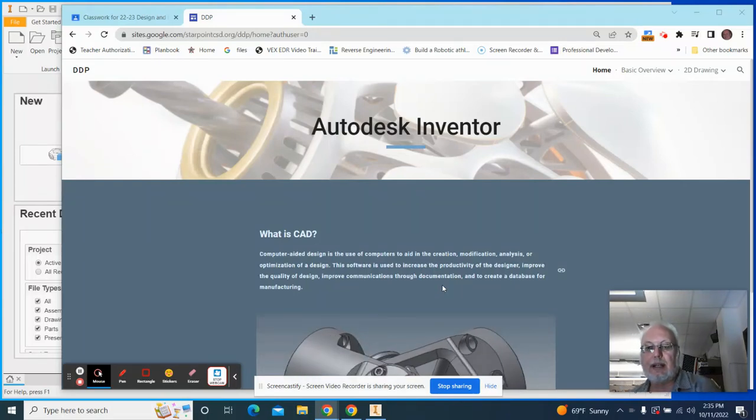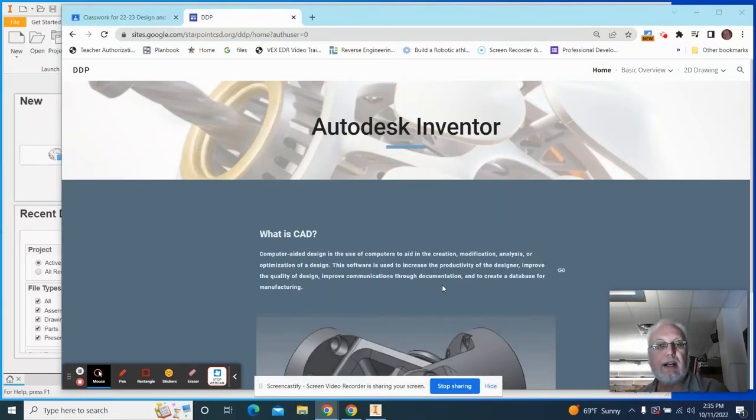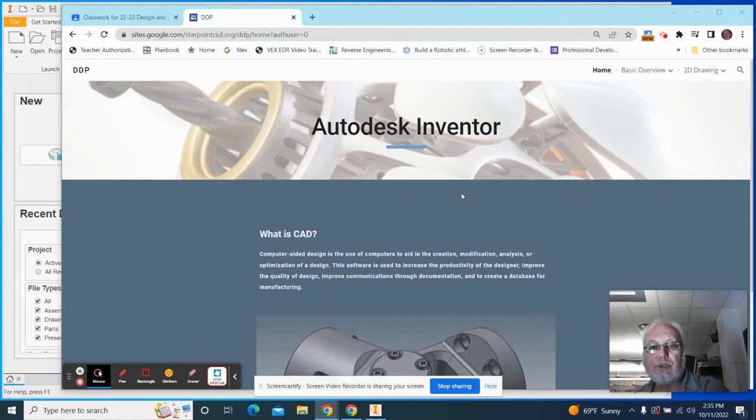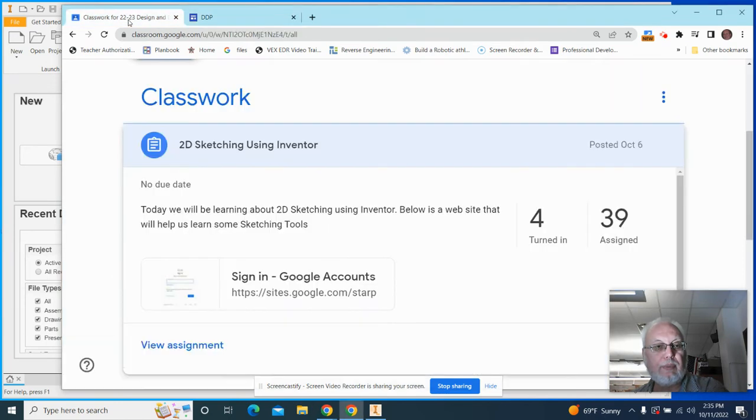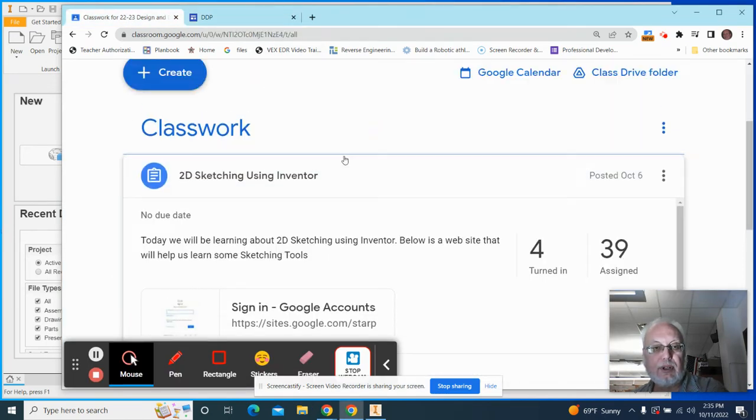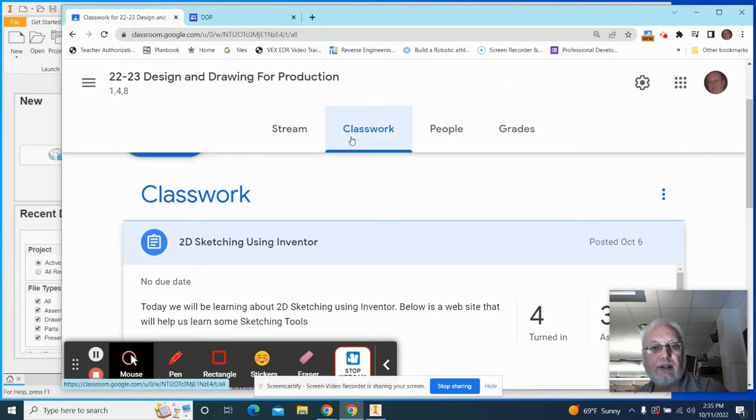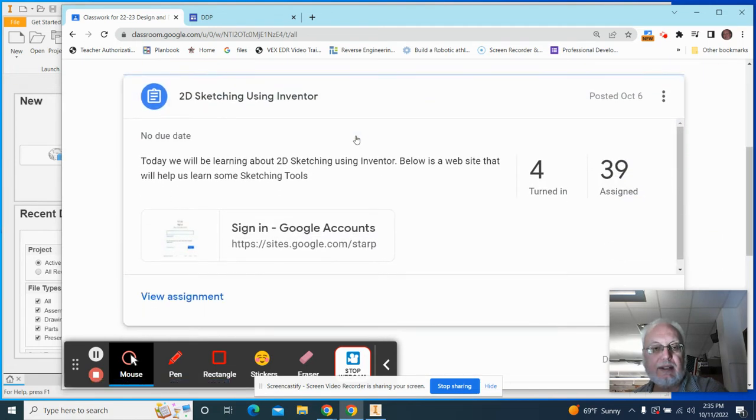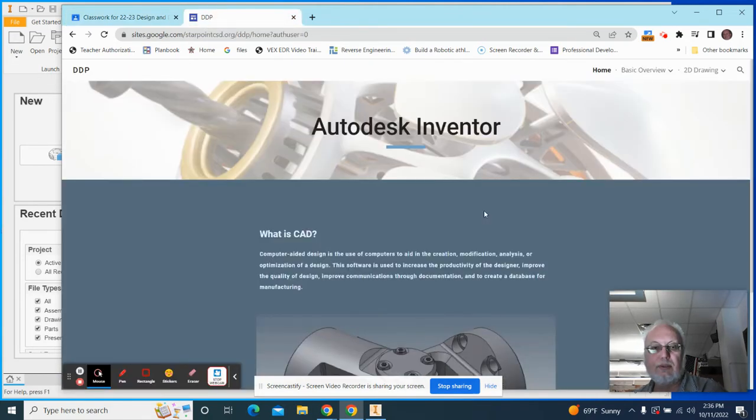All right, Mr. Seward here, and we're going to be working on drawing what's called practice part number one. And practice part number one is on this website. You can get this website by going into the classwork tab on our Google Classroom, and you will find this 2D sketching using Inventor link and click on this link down here and it will bring you right to this